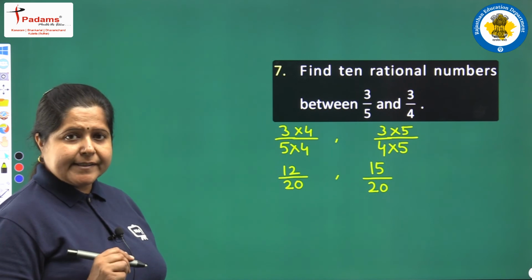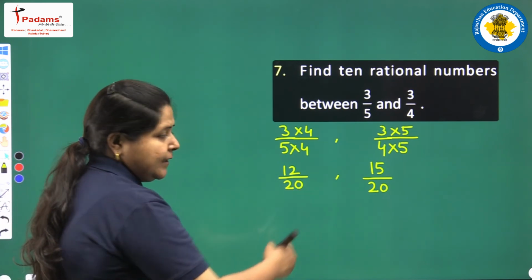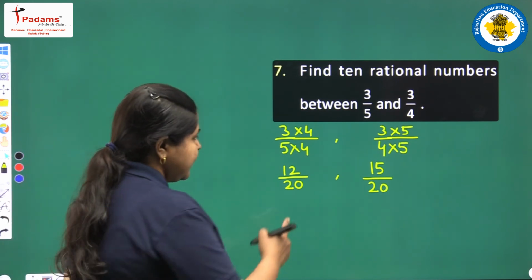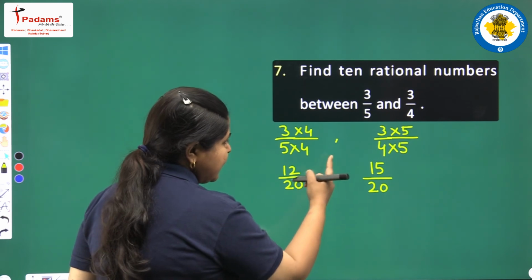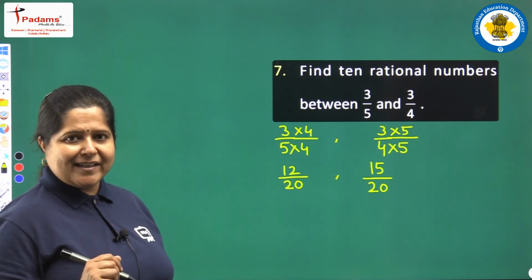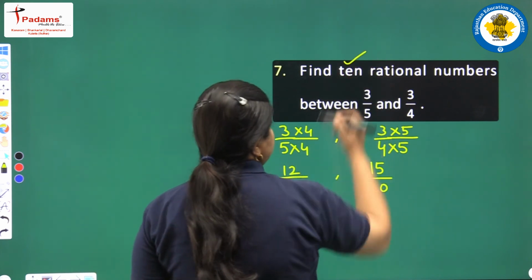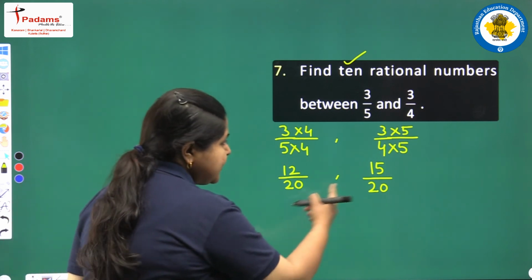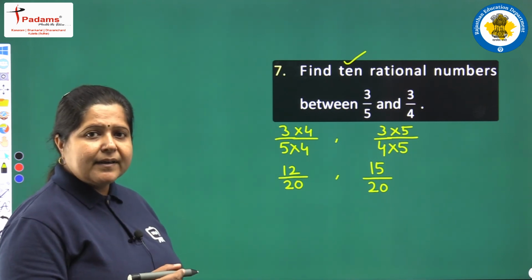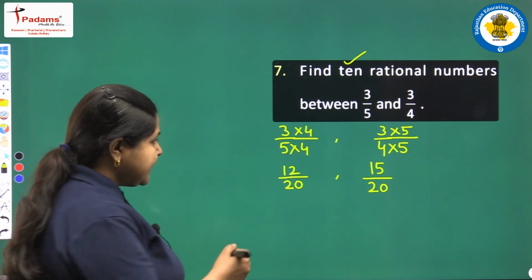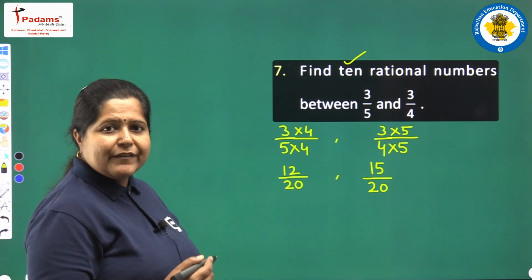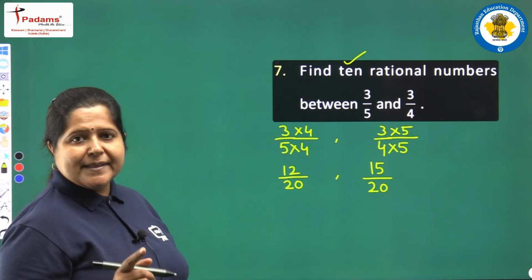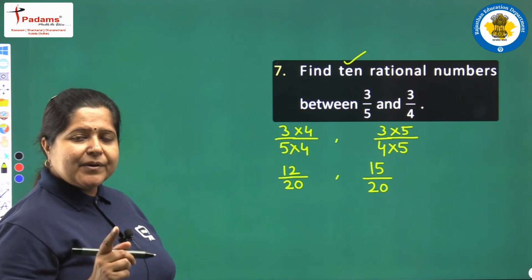Now, let us think of rational numbers lying between these two numbers, once we have the denominators the same, that is 20. We will get 13 by 20 and 14 by 20, just 2 at this stage, but we need to find 10 rational numbers in between. So, obviously we need to multiply both these numbers by one more number. You can choose any one, and then these numbers will become big enough to give us 10 rational numbers in between. So, I am multiplying both the numbers by 4. You can take a number of your choice.